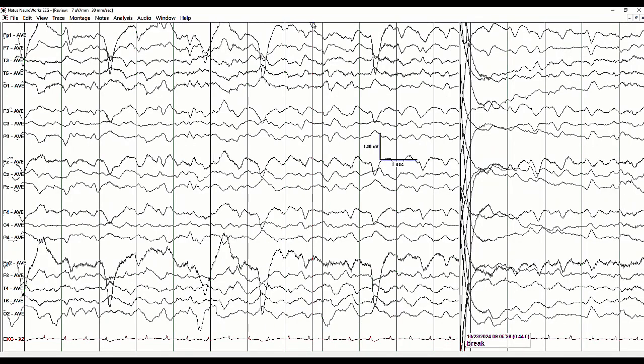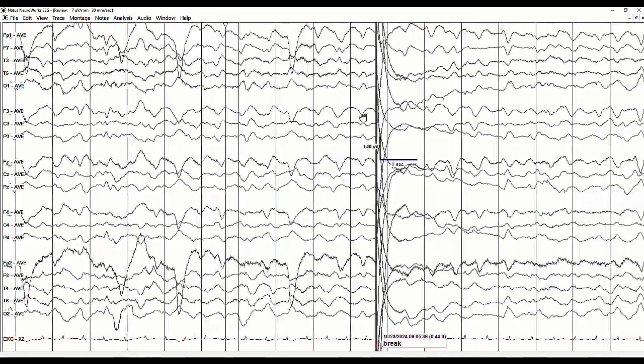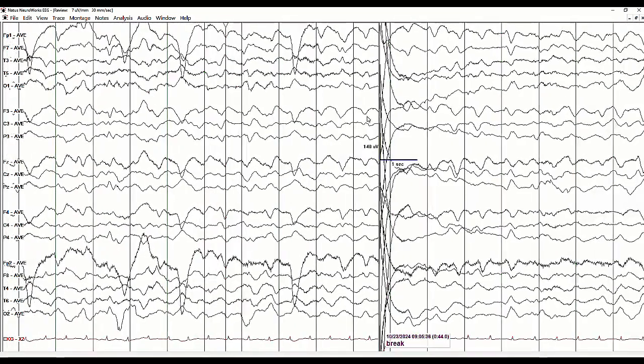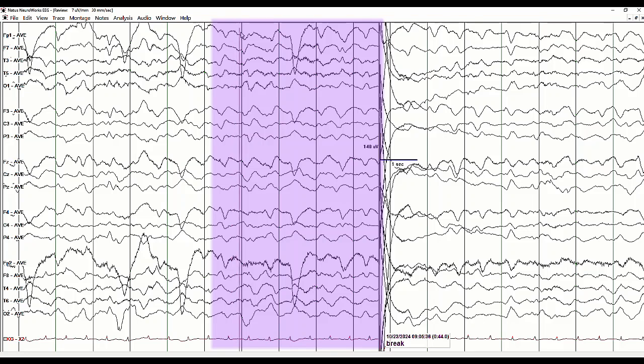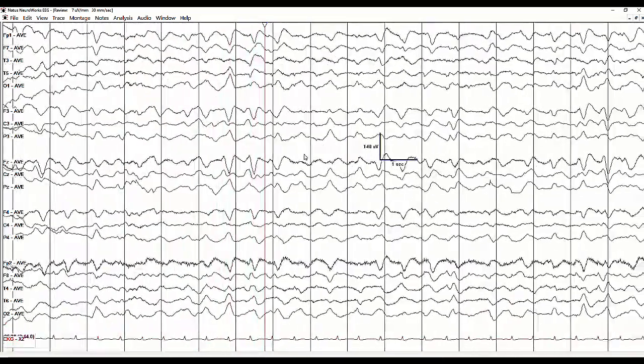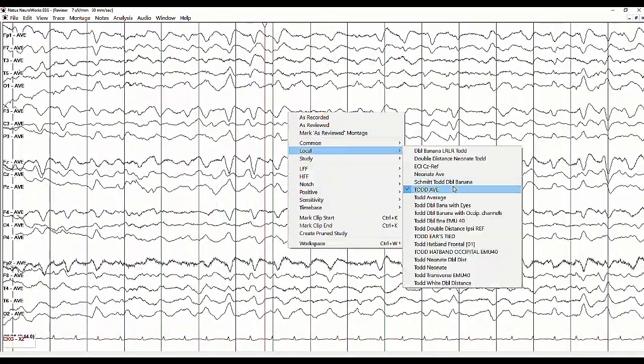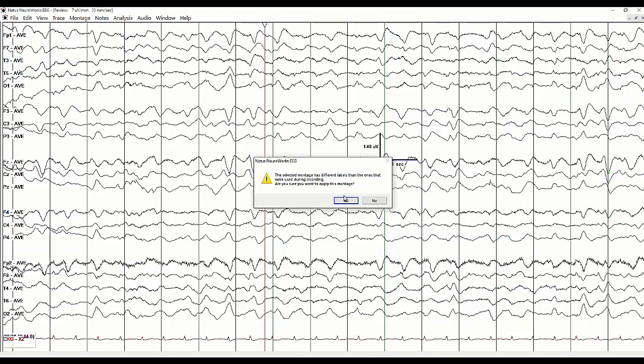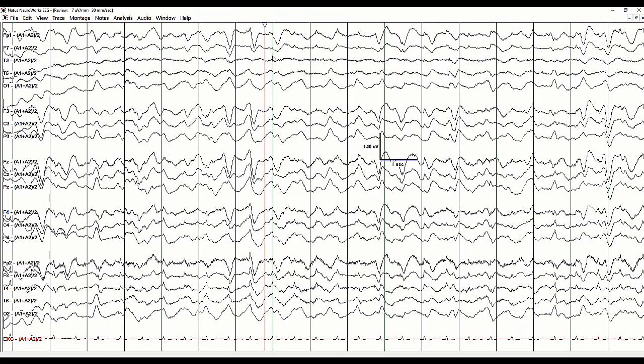We do see some theta slowing embedded within the GPDs. There's some periodicity we can see here. So there's a discharge, there's another discharge, maybe quasi-periodic right here. It's going to change montages here. Okay, so I went back to the referential A1, A2 tied, and I think on this page we're starting to see